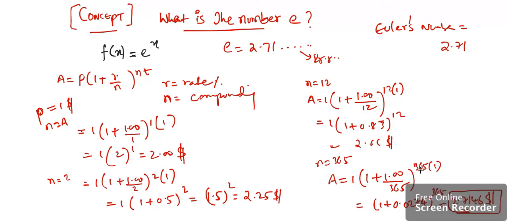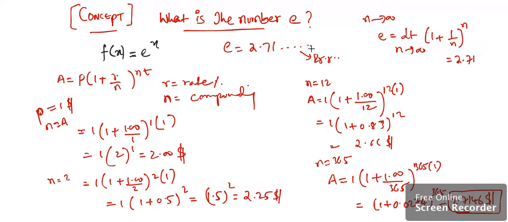Now what if this goes continuously? It will not stop there. He was interested in knowing what happens if we do it not on a daily basis, but hourly, or compounded every nanosecond. In that case, when my n becomes closer and closer to infinity, which is just a concept, what happens? You get e as a limit. When n approaches infinity, you get (1 plus 1 by n) raised to n, which gives the value approximately equal to 2.71, and that's what it's all about.